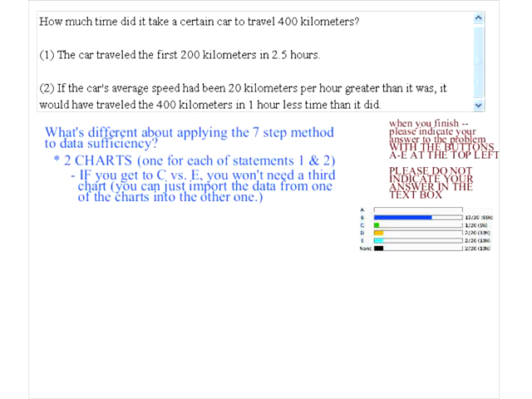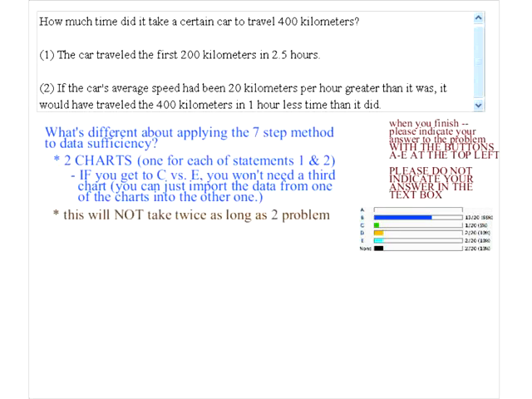Now, this might seem like it would take twice as long as making one chart. I totally understand why you would think that, because you know, it's two charts. You might think that two charts would take just twice as long as making one chart. But remember, it won't, because this will not take twice as long as two problem solving.